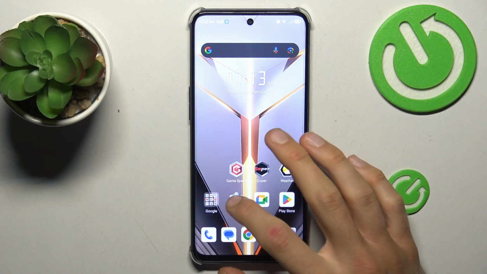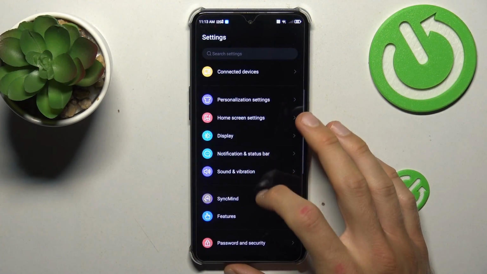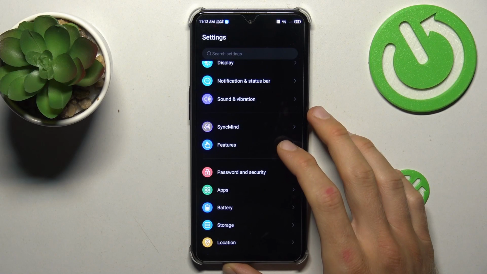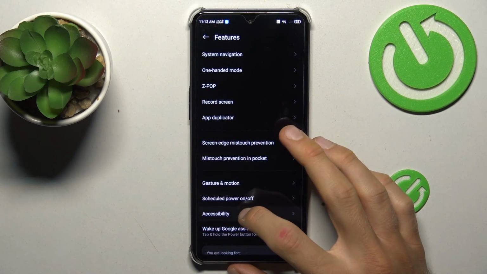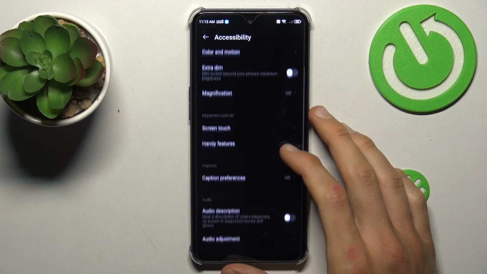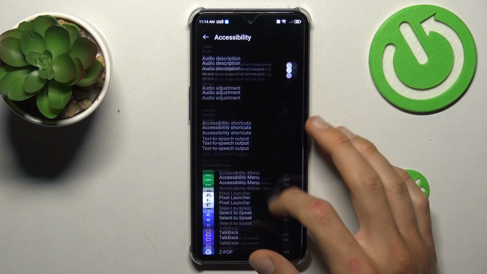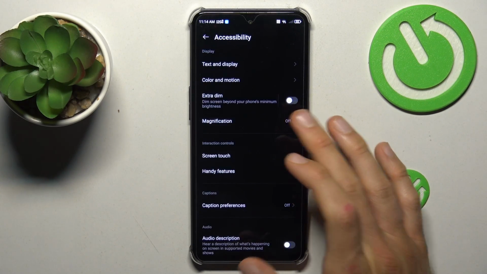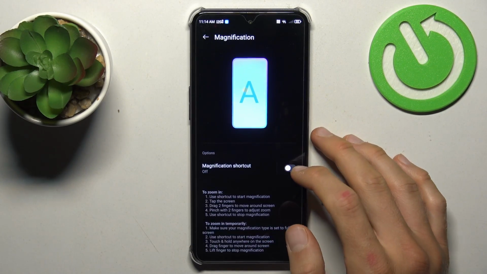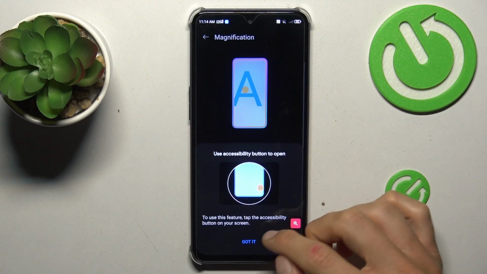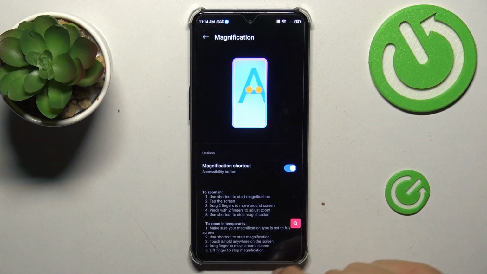Firstly, open Settings application. In it, look for Accessibility selection, which is in Features, and there we have Accessibility. Now we look for our vision and magnification, which is there. And now we must turn on our magnification shortcut, confirm it, and we have our shortcut, which position we